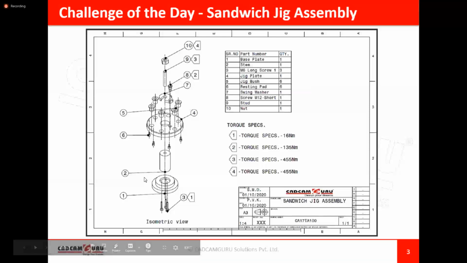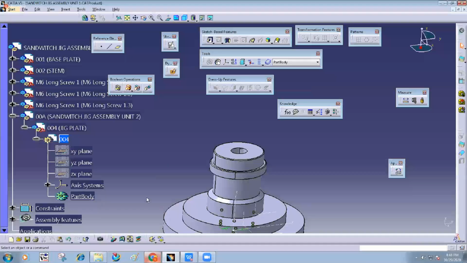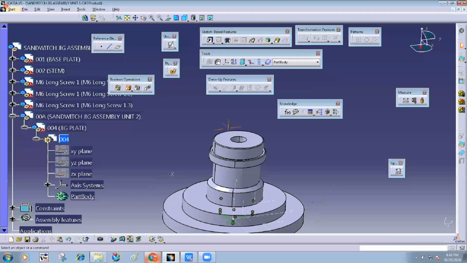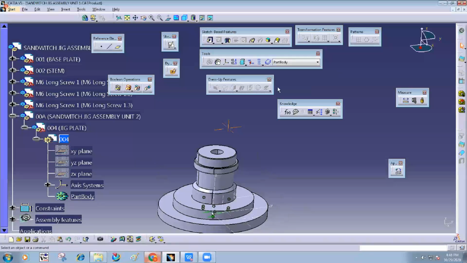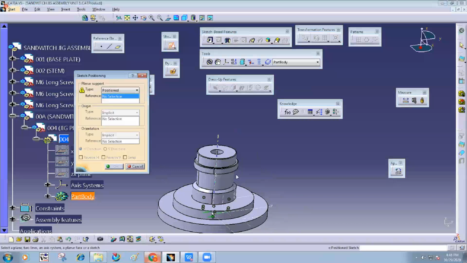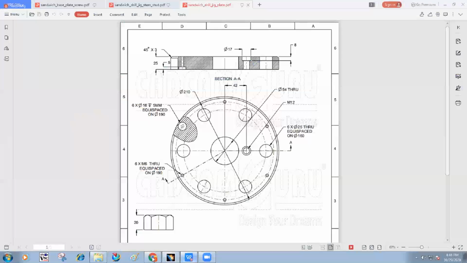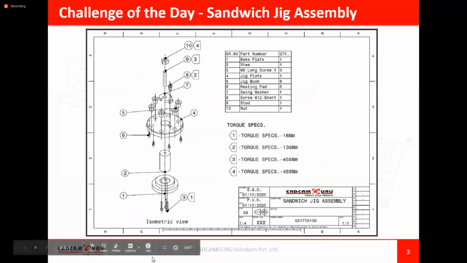Okay, so now I'm going to open this. And here take this sketch. Just a minute.